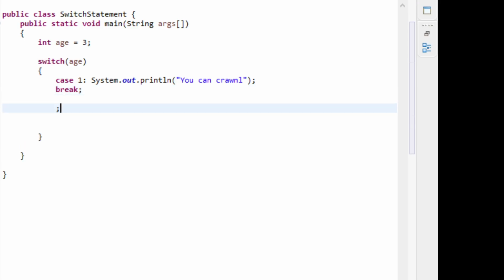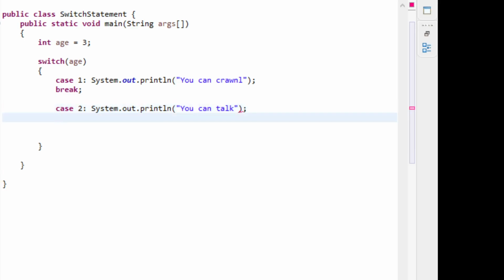Then again our second case which we want to check, case 2, colon, again we are going to print System.out.println, and this time we are going to print "you can talk", and again our break, and let's make one more case here, 3,